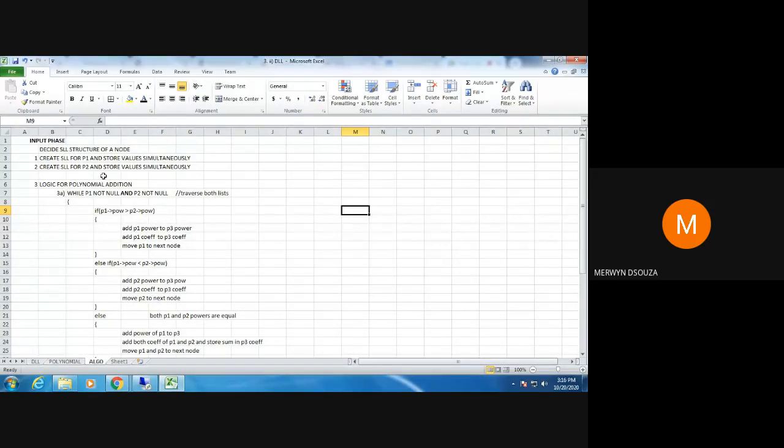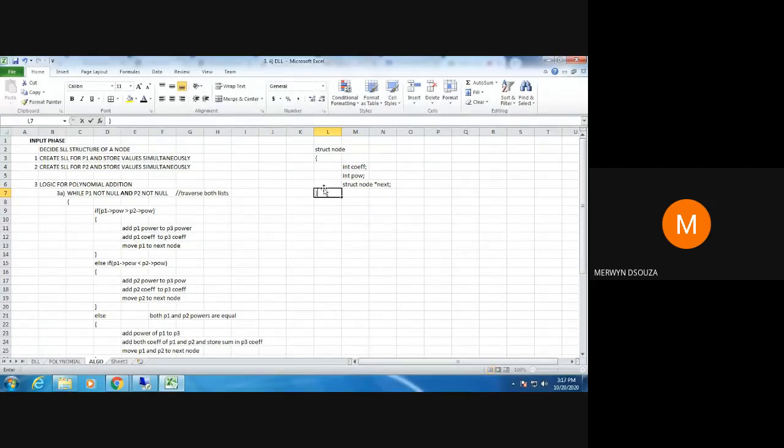Basically this will be your algorithm. First, you have to decide the structure of your node. We have already decided the structure. So you can have something like this: struct node, with int coefficient, int power, and then struct node next.